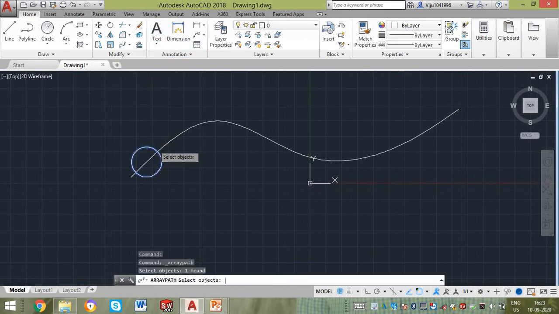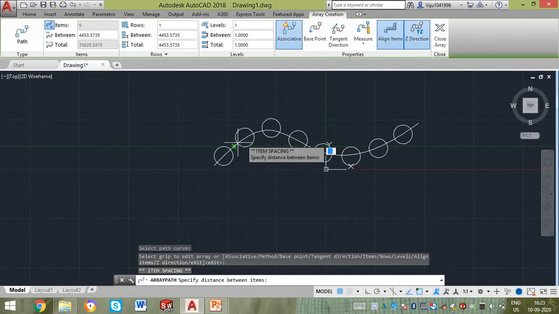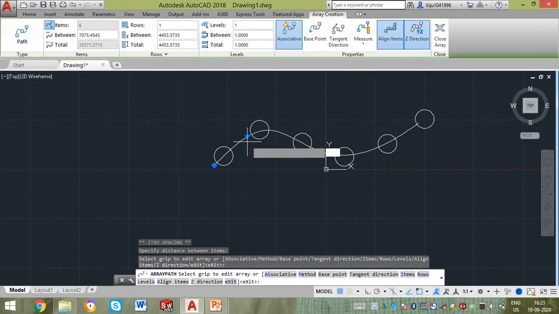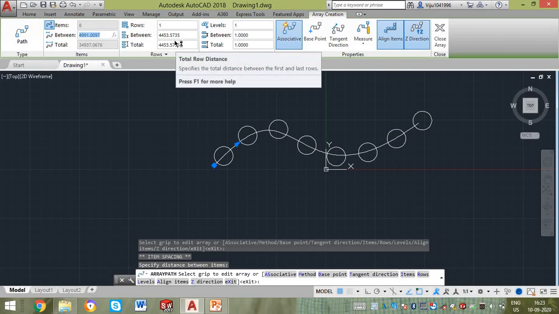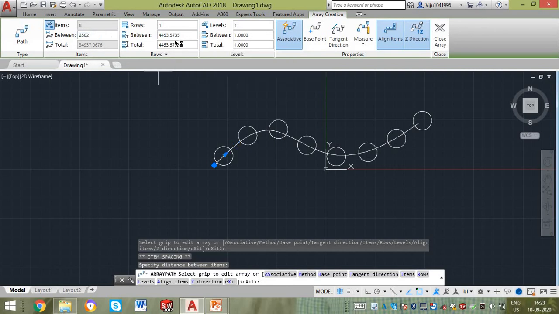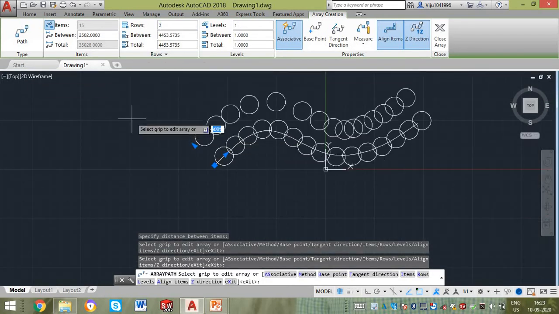I should select the object and the path curve. Here I cannot give the input of number of items, only I can give the distance between. It will take the particular circumferential distances. Now if I give it as 2500, the distance between the center points of the circles will be 2500.